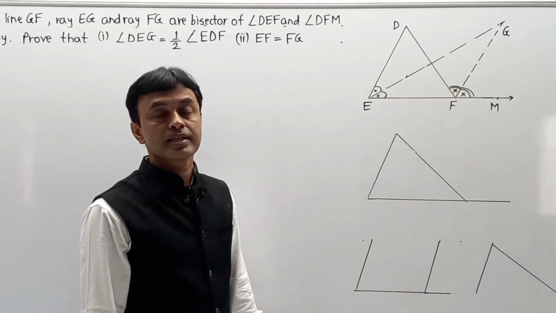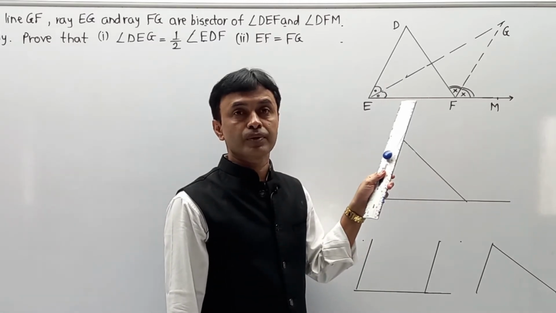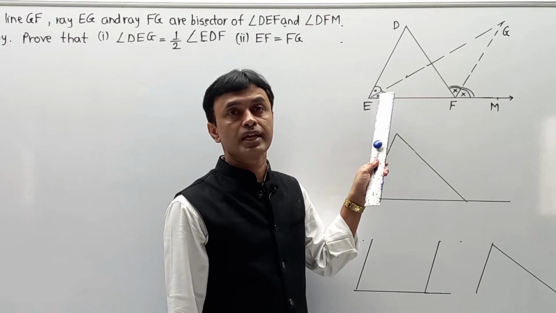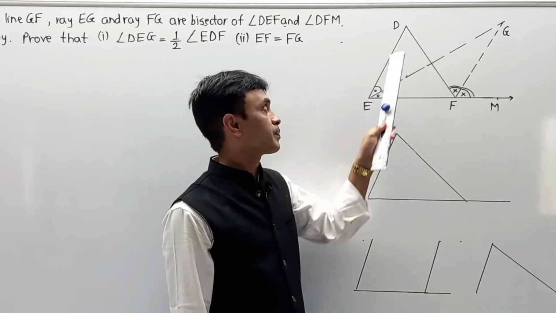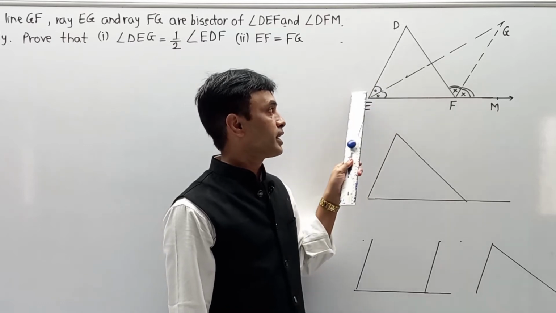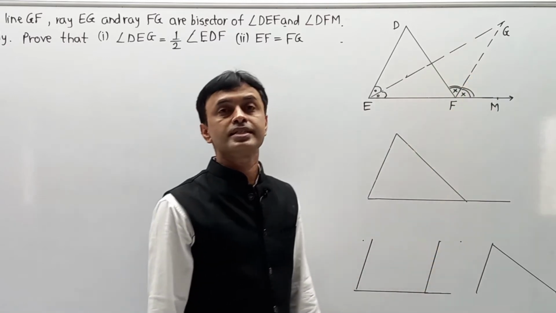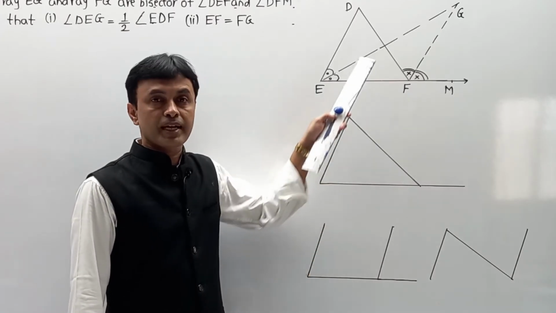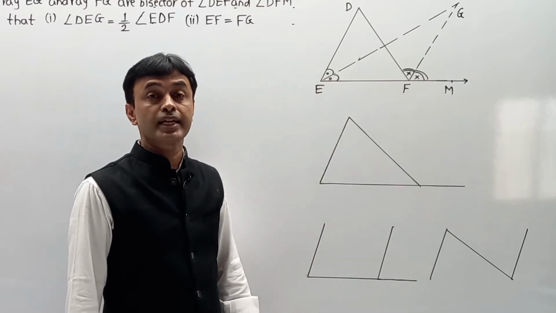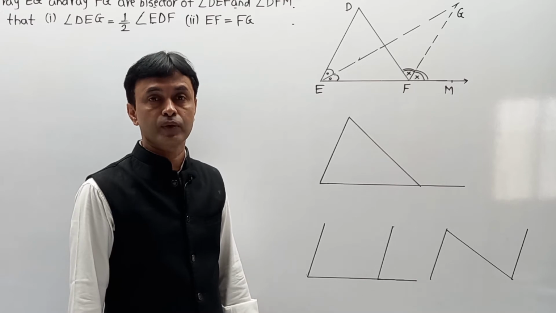Now in this case, there are some considerations you should know properly. One by one I am going to give the explanation before writing, so that you can easily understand each part. Angle DEF is given over here, and EG is its angle bisector. I have broken up some diagrams so that I can clearly complete the proof and your understanding of the concept is very clear.